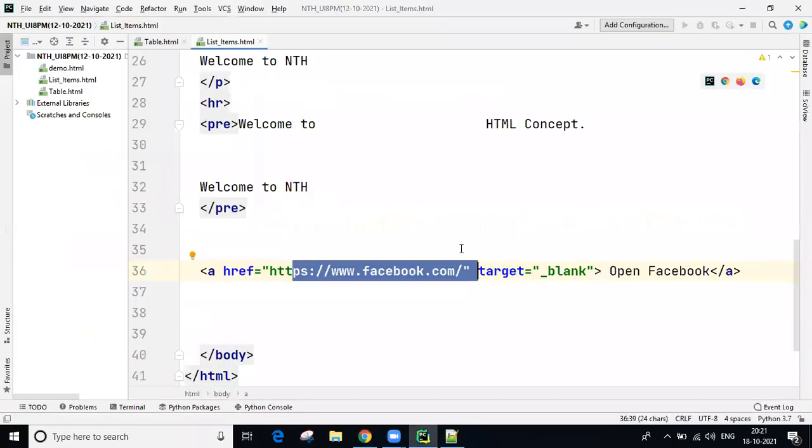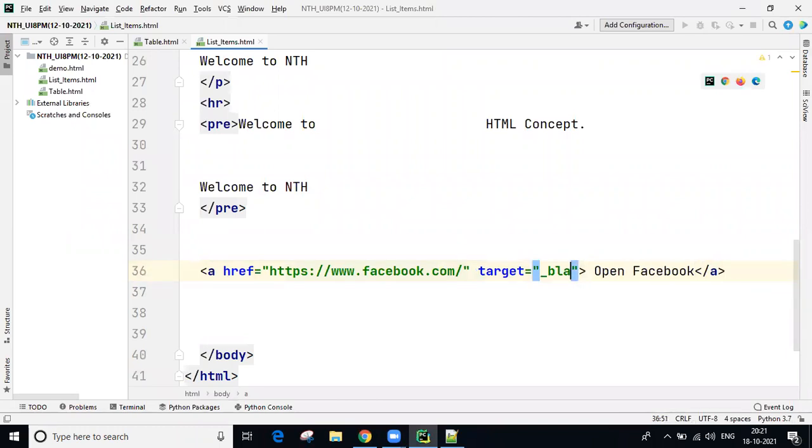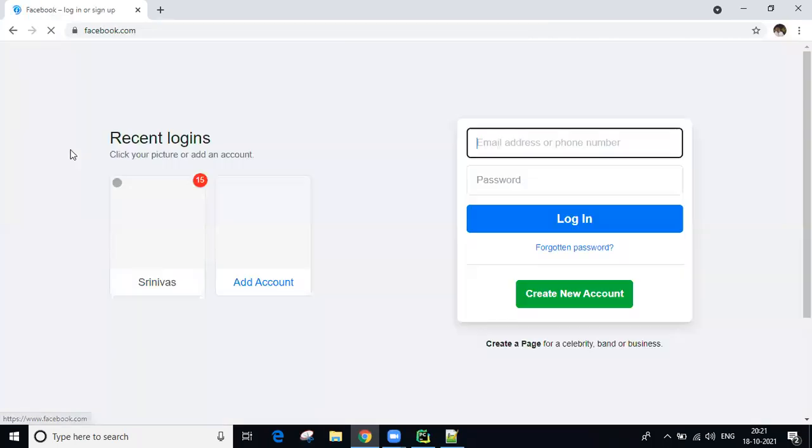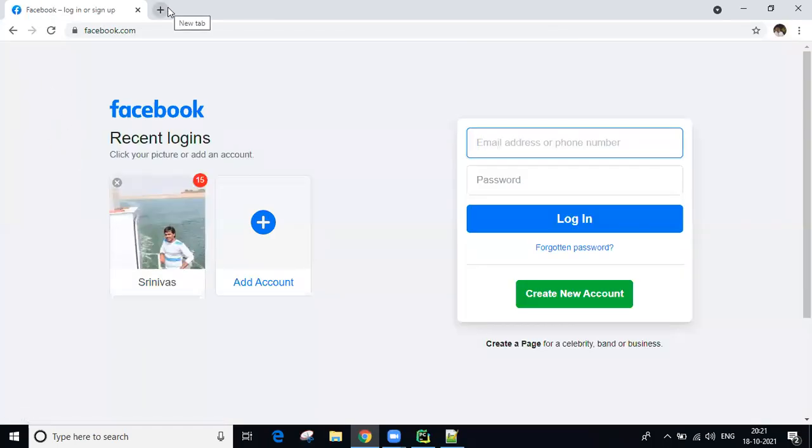If you are still asking what is the use, you are not putting concentration. See, now I'm using self. After clicking here, it replaces here only. No new tab, which means the previous content is gone. That is the difference between both. If you want to open a new tab, you need to use target equal to blank. That's it.